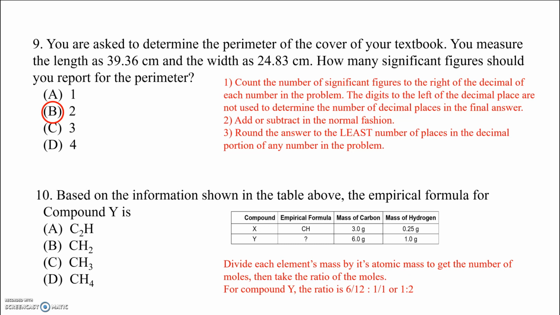So my number of moles of carbon and hydrogen are each 1, so my empirical formula becomes CH. So for compound Y, I have 6 divided by 12, or 1 half, and then 1 divided by